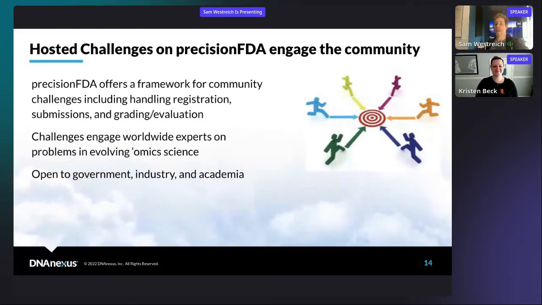So we offer a framework for community challenges. We help handle all of the busy work: the registration, participants actually making submissions, and a method by which experts and challenge organizers can view and grade those submissions, helping to get people involved. And then the site is open for all people to come and join and participate in those challenges. These challenges get a good range of experts joining them. We have industry groups, we have government groups, we have other academic groups that will join,